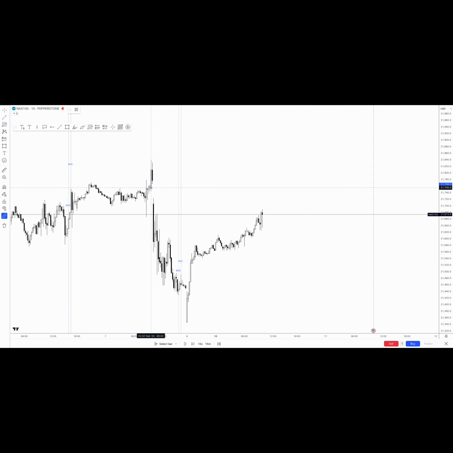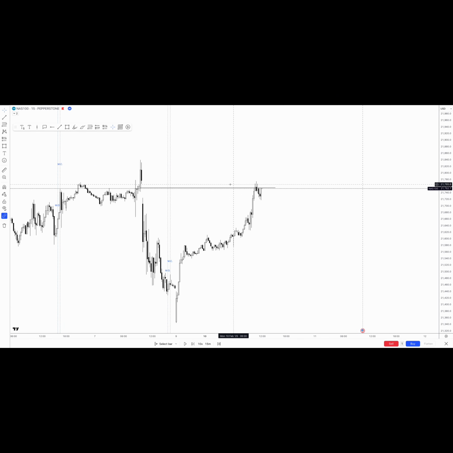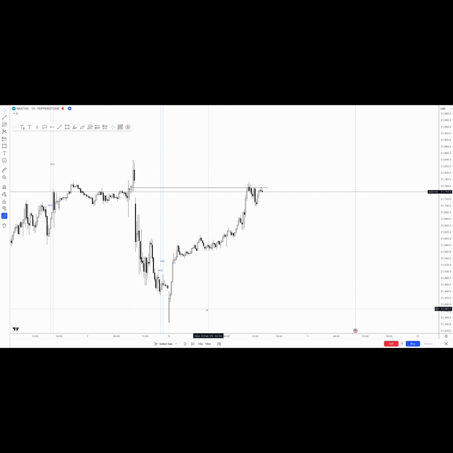Looking at this, this is the bearish order block I had marked up earlier. This is not live, this is the replay button. I'm going to show you guys where I did my trade live and break this down. I wasn't even going to trade today, but once I saw